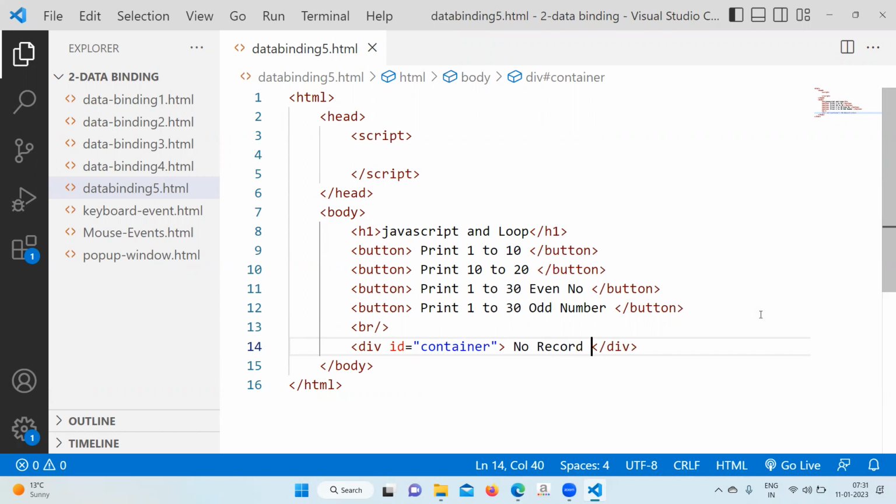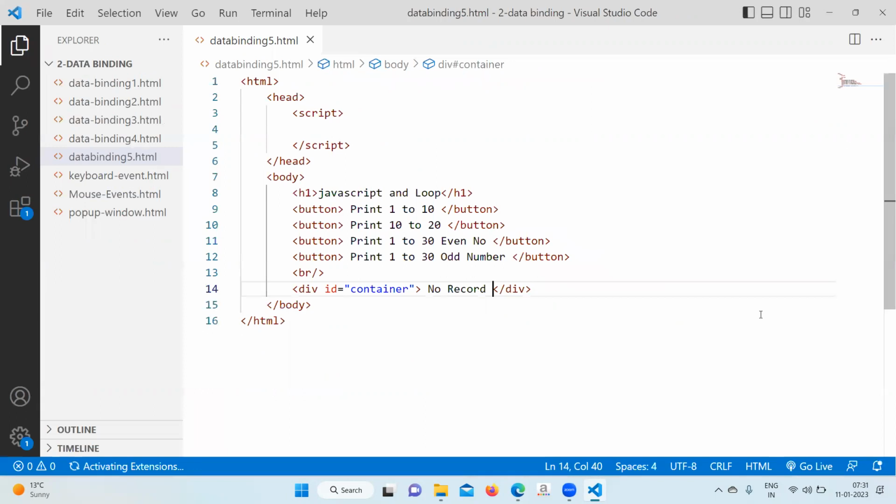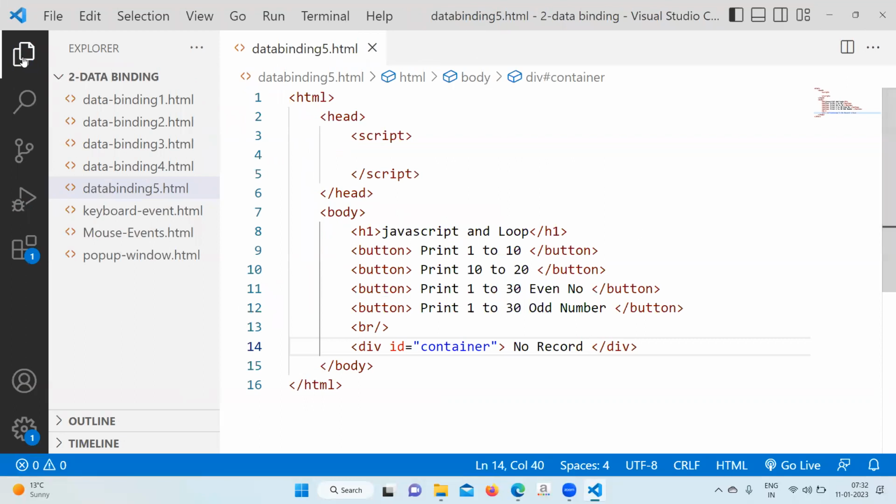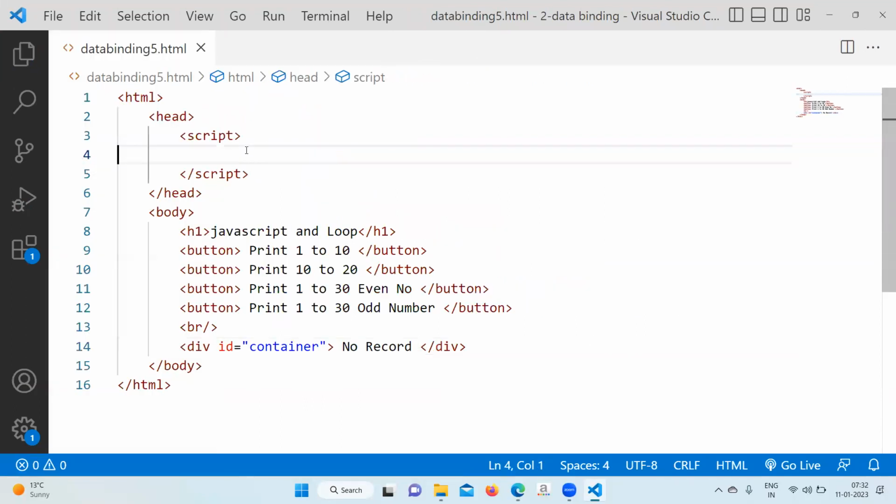Next, after that, based on button click, some kind of event will get fired, and that event will call the JavaScript, and inside that we will write the loop and all and will process the data in the browser. You will append the data in the HTML. So first button click, on click, call a function call